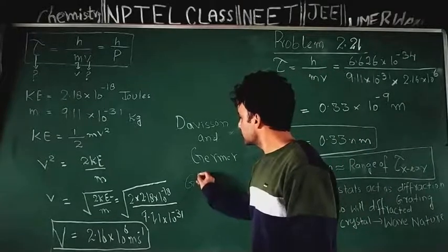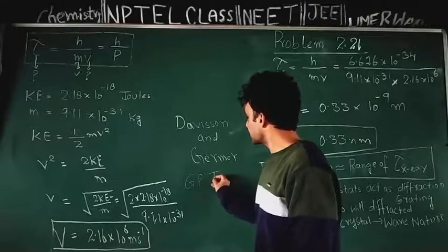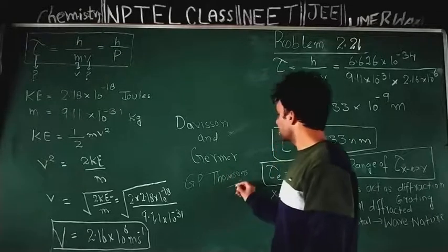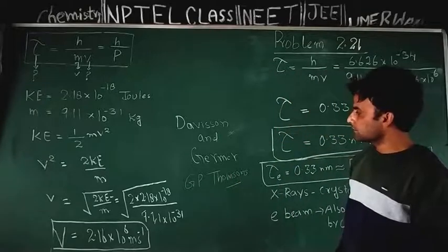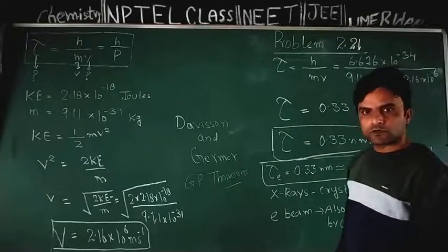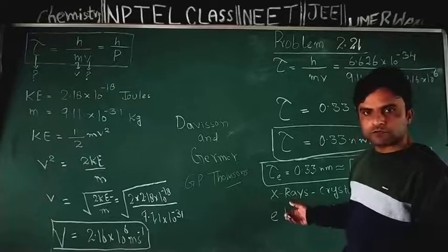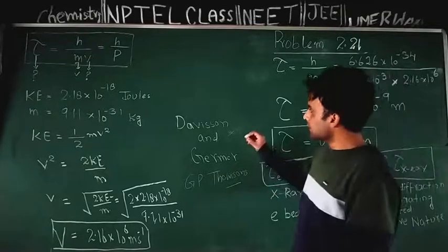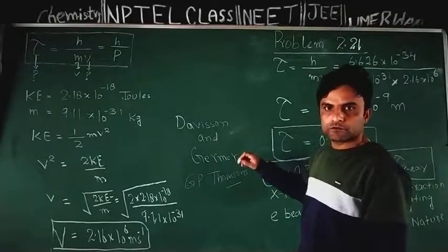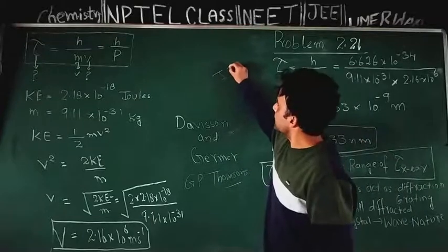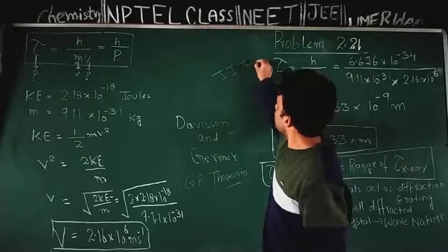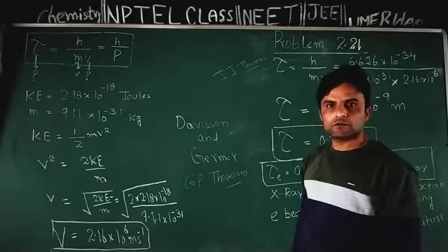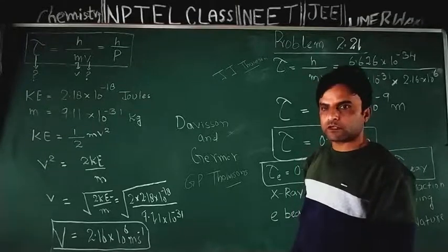His name was G.P. Thomson. These are the fellows who performed experiments involving diffraction of electron beam by crystals. And interesting, I said, is that J.J. Thomson was awarded Nobel Prize for his contribution in which he showed that electron is a particle, and his son